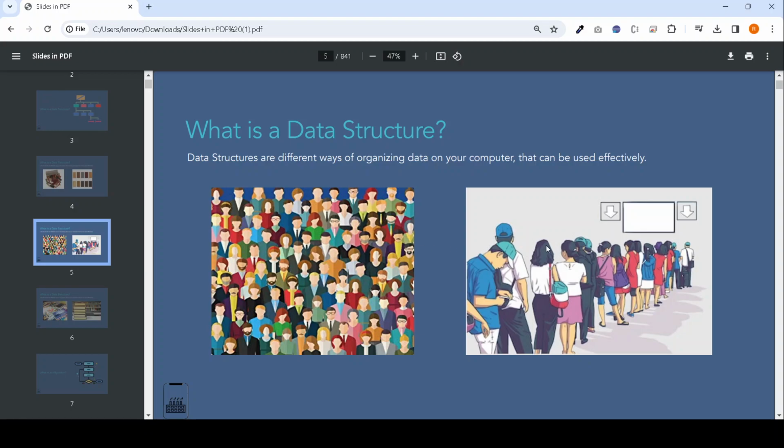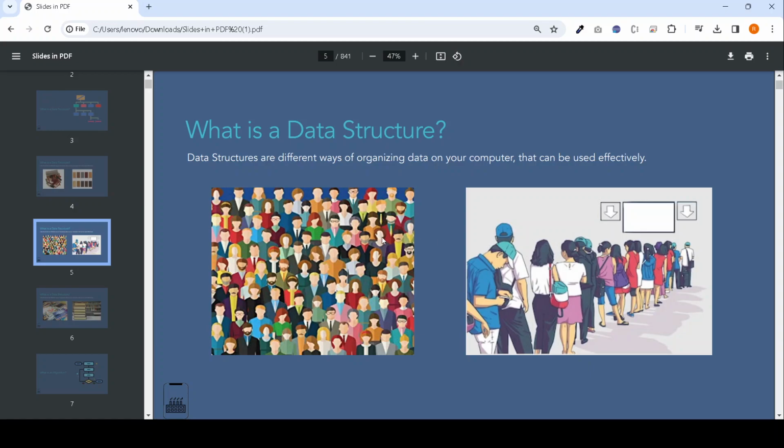But in the second image you can see this is in an organized way, and we can say it is a queue. If persons are in a queue, then we can simply serve the service one by one.